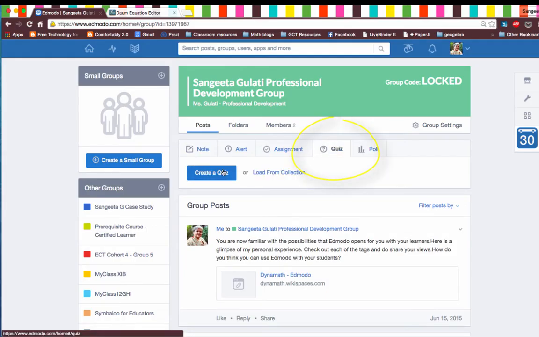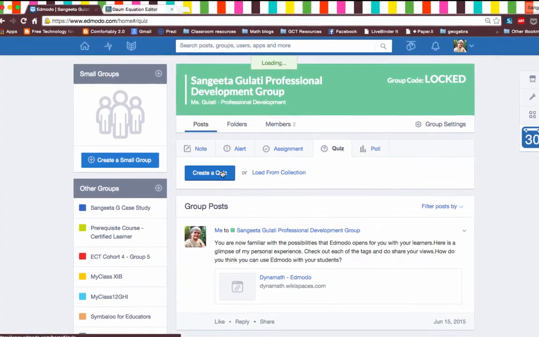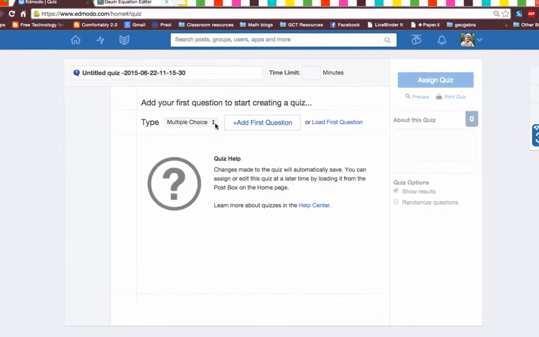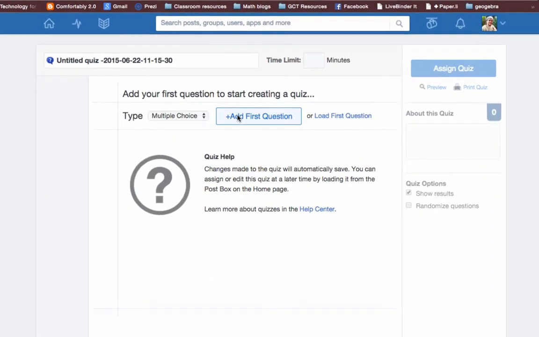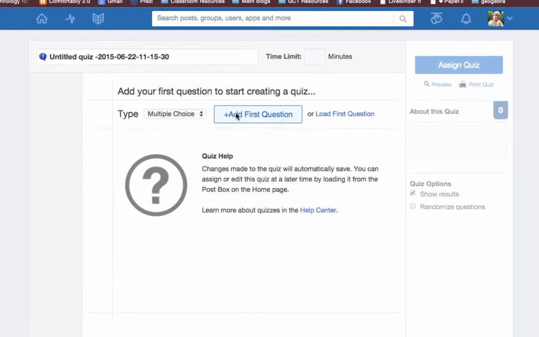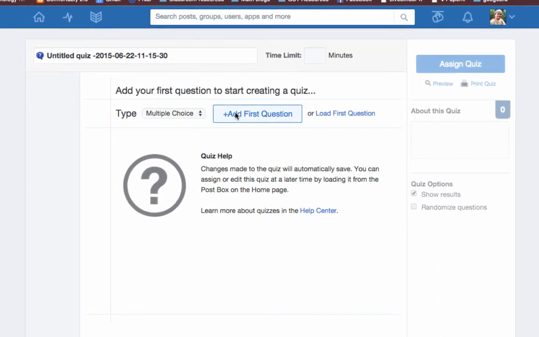In quiz, one can of course create a new quiz or load one from the collection. The different types of problems that can be inserted in a quiz are all applicable and useful. As a maths teacher, I need equations and symbols. That is where we struggle a little. I'm going to share a workaround which is very convenient, and I use for that a platform known as the